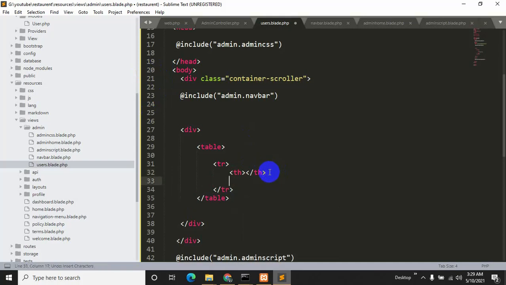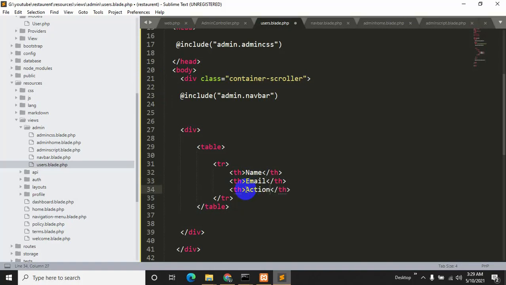Table header: name, email, and it will be action. So let's write over here name, then email, then action. Okay, so let's save it, Control S.